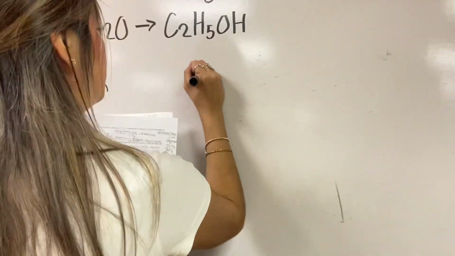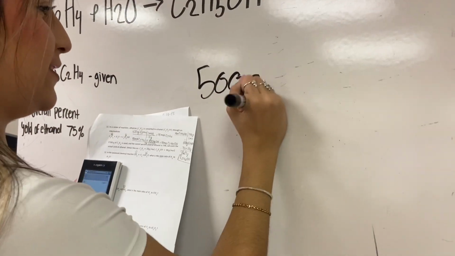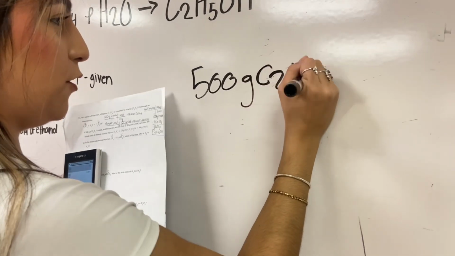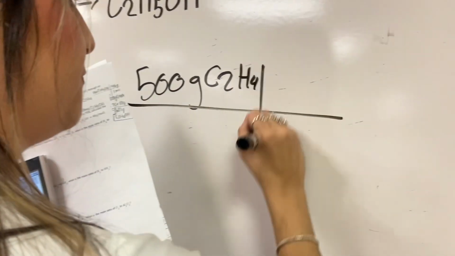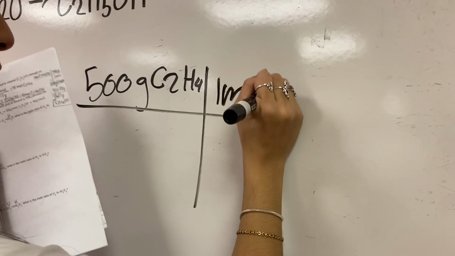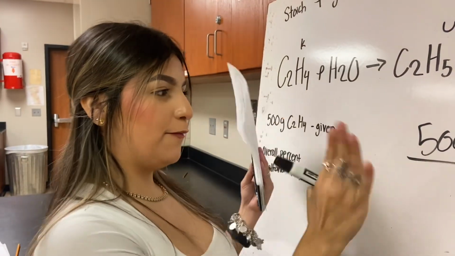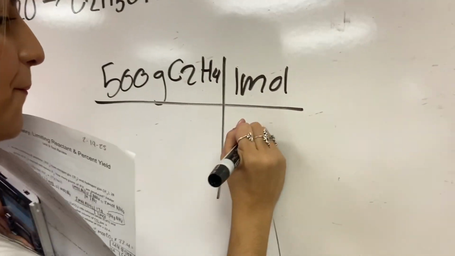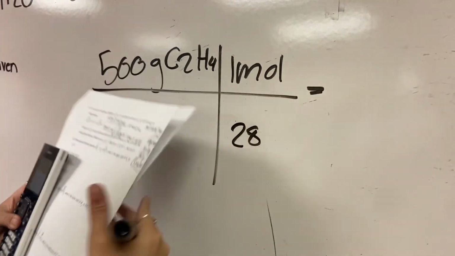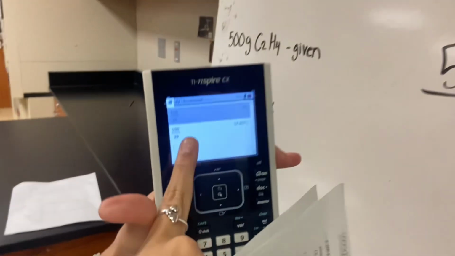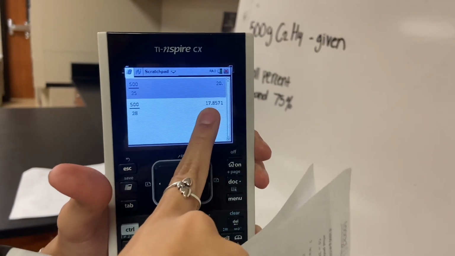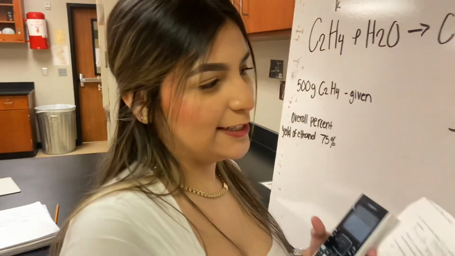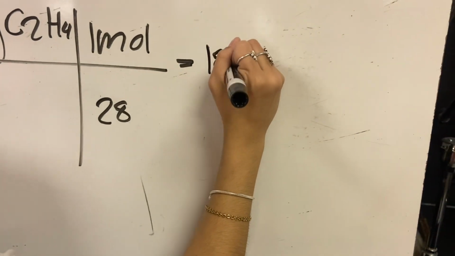So this is when we would do 500 grams of C2H4, and we put 1 mole. To convert your grams to moles, you have to divide by your molar mass, which is 28. And once you do your calculations, 500 divided by 28, you're going to get 17.85, but you just round to 18. So it's going to be 18 moles